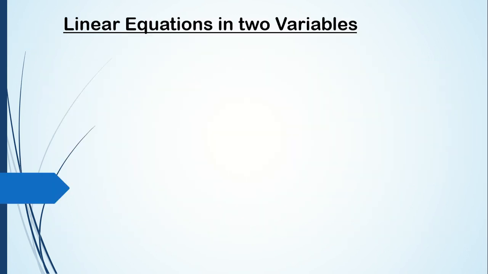So let's try and understand what linear equations in two variables are. First, we'll understand the meaning of the word linear. The meaning of the word linear is a line. So if you try to draw the graphs of these equations, it will be a straight line. Now, the graphical method to solve linear equations, you are going to learn that next year. This year you will not have the graphical method. This year you have two methods to solve the linear equations, and they are the elimination method and the substitution method. But before we go to the methods to solve the linear equations, let's understand what linear equations in two variables are.